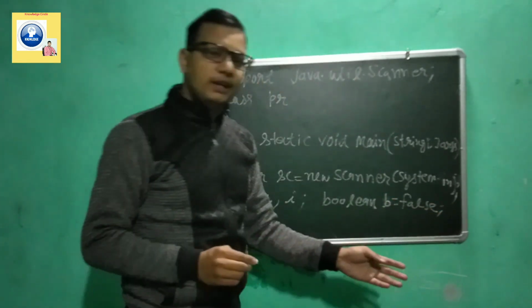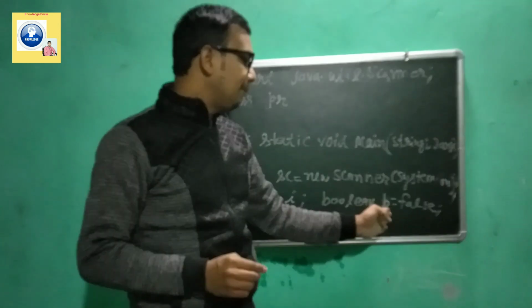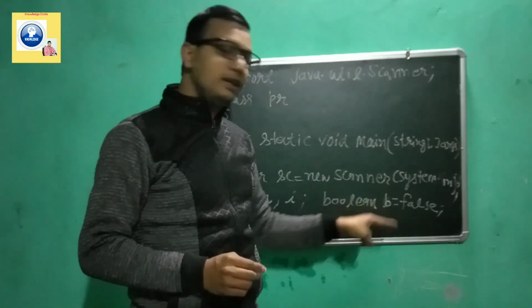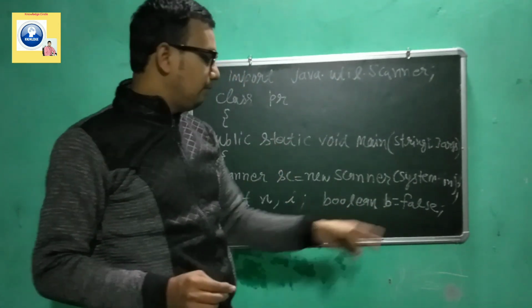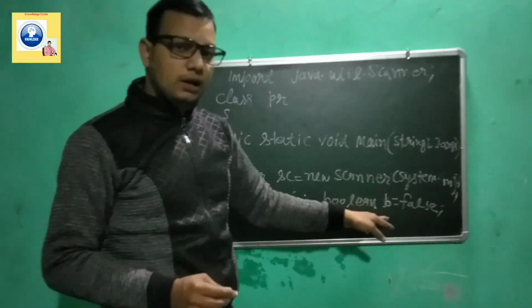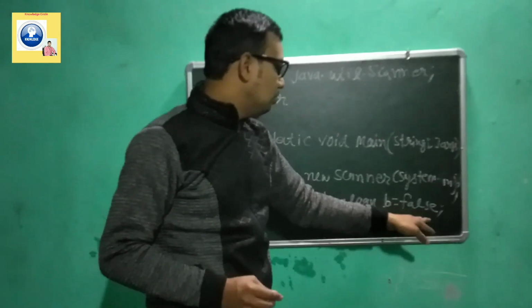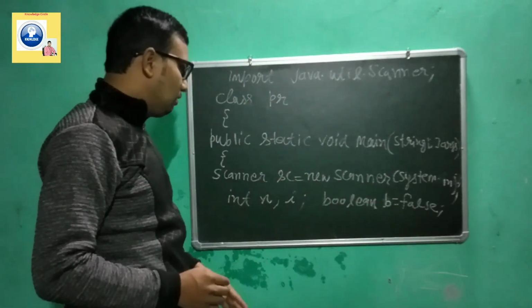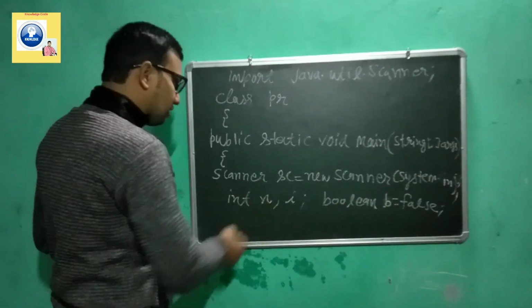Meaning is we have a variable of boolean type. See, a boolean variable has only two types of value. It may be true or false. So the initial value we are giving is false. I'll tell you all why I have taken it false later on in the program. So these are some requirements.